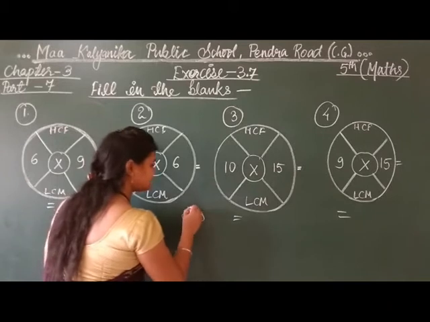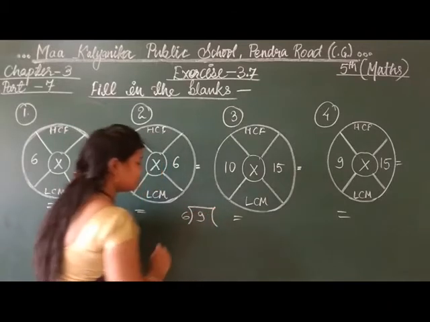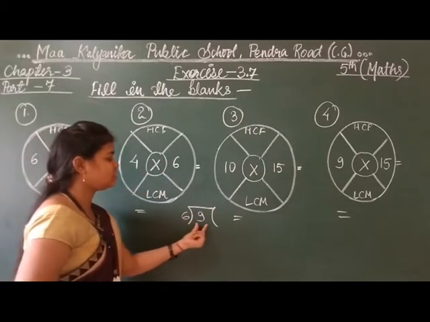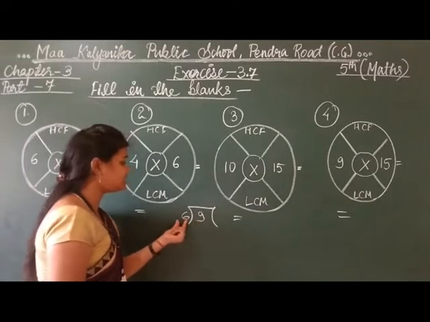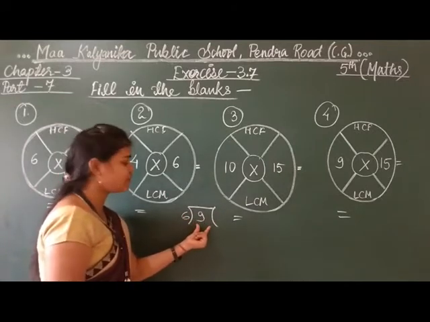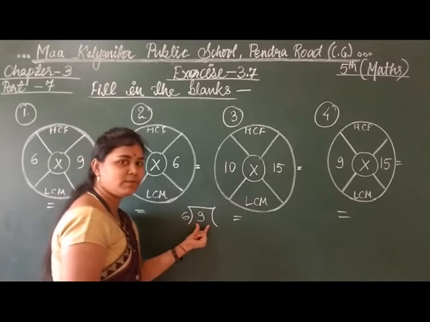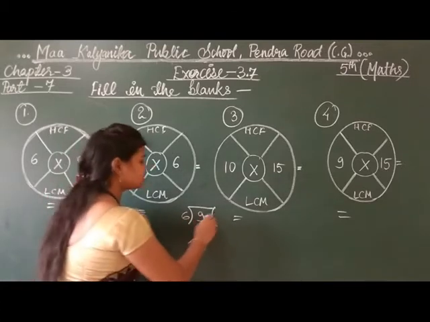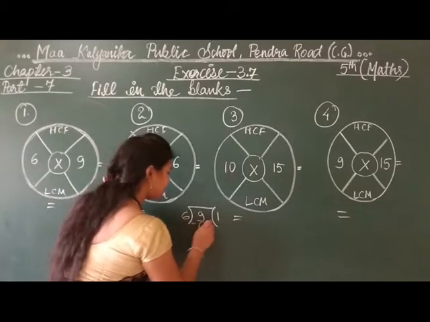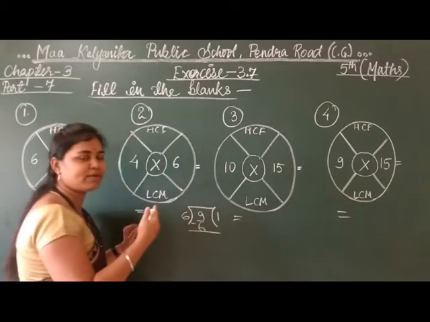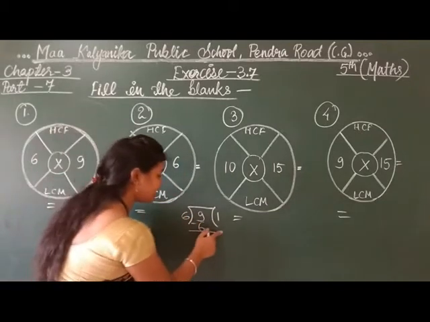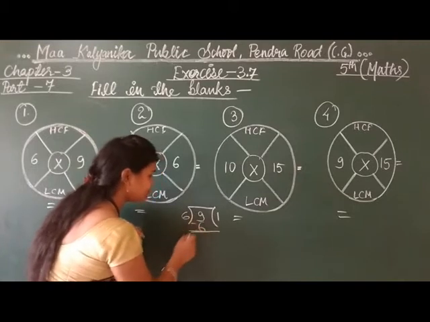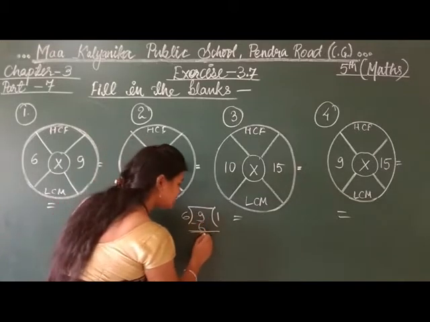As I told you in the previous classes, we will divide 6 and 9. So 9 will be divided by 6. Here we will take 9 as it is a greater number than 6. So 9 will be the dividend and 6 will be the divisor. So 6 ones are 6. I had told you in the previous class, but once again I am explaining the long division method here. So 9 minus 6 is 3.